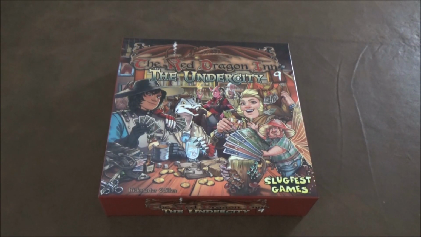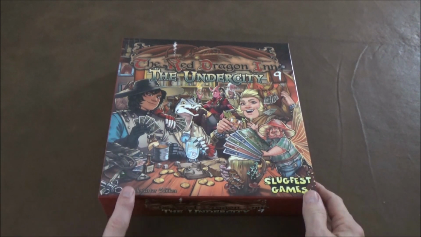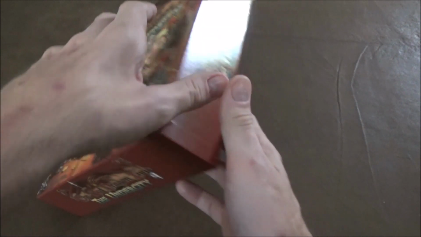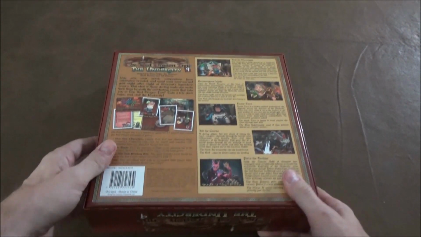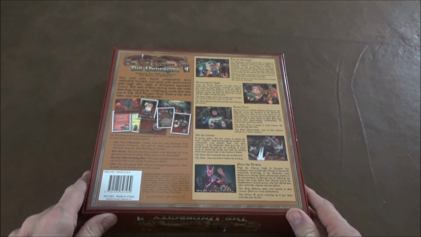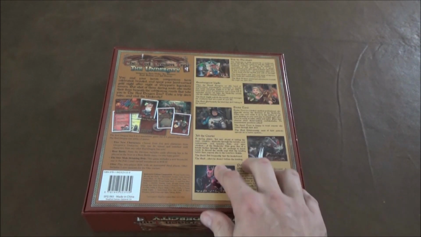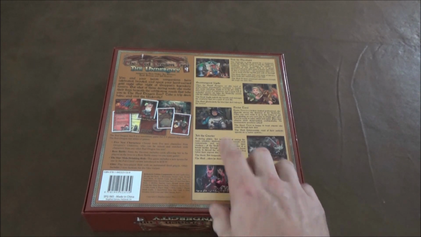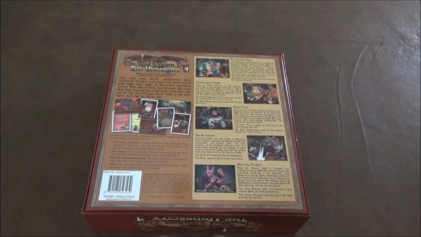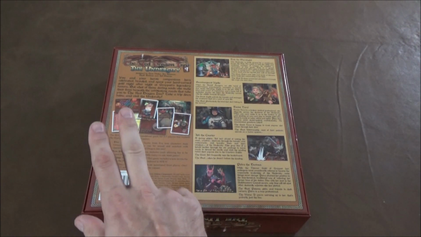Hey guys, we're back. This time we're taking a look at Red Dragon Inn 9 from Slugfest Games. This is the Kickstarter edition, so it has a couple extra things in here, but I'll point those out when we get to it. But this is another big box version of Red Dragon Inn. Contains everything you need to play the game, 5 new characters that you can add to your collection, a new pub to add to your pub crawl,